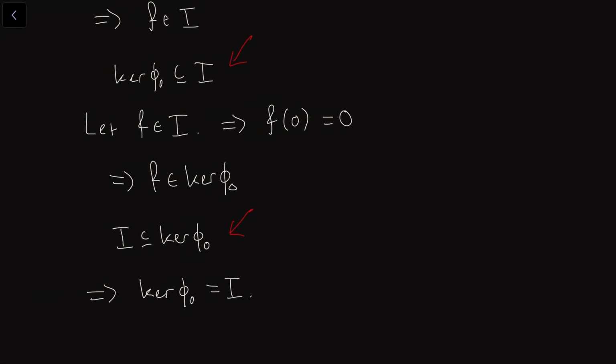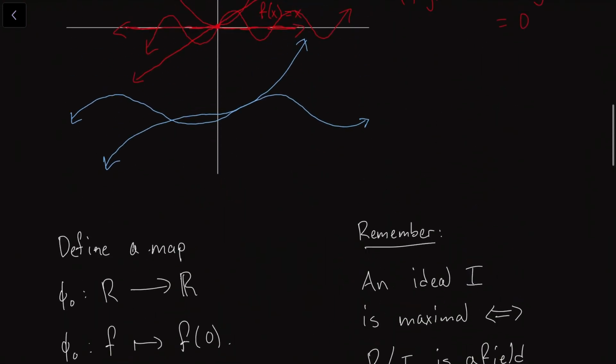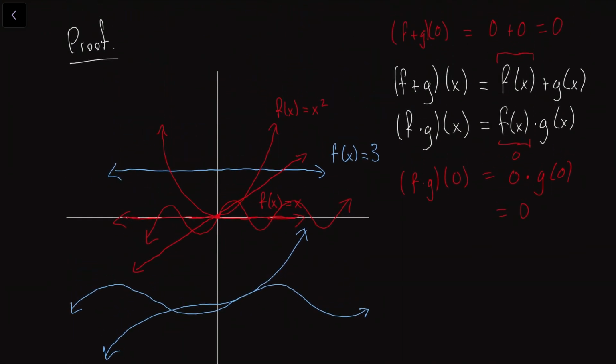Okay, there's one more observation that I want to make about this homomorphism. In particular, we can show that it's surjective. If we think about this, we can go back to our graph here. To show that phi sub 0 is surjective, we need to exhibit a continuous function for any real number. And it's not really too hard to see. If we look at the y-axis here, we have one copy of the real line. So this is the real line. And if we have some real number, say that this is y sub 0,